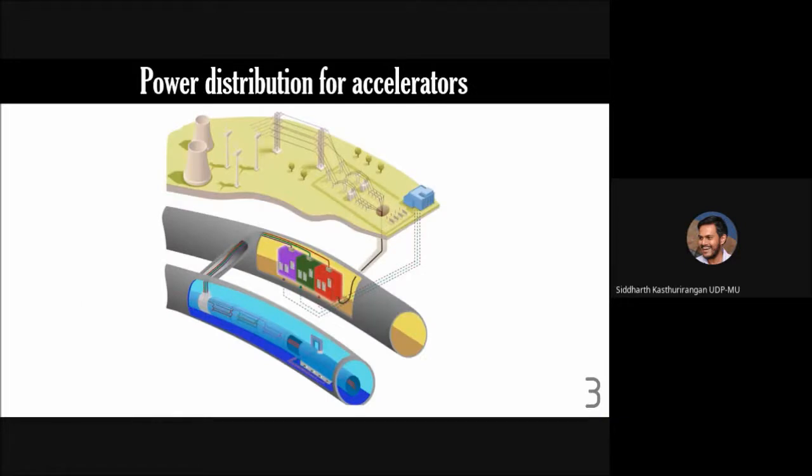So today we will have a look at a few of these aspects. This is just an example of a large accelerator, like a large synchrotron facility, maybe even CERN or something. What you can see here is that this is the accelerator tube through which the accelerated beam is passing. And you can see that there is another tunnel in parallel where the power supplies are housed. The power supply which comes from the main grid goes to this particular distribution unit, and then it is distributed to different parts of the accelerator.